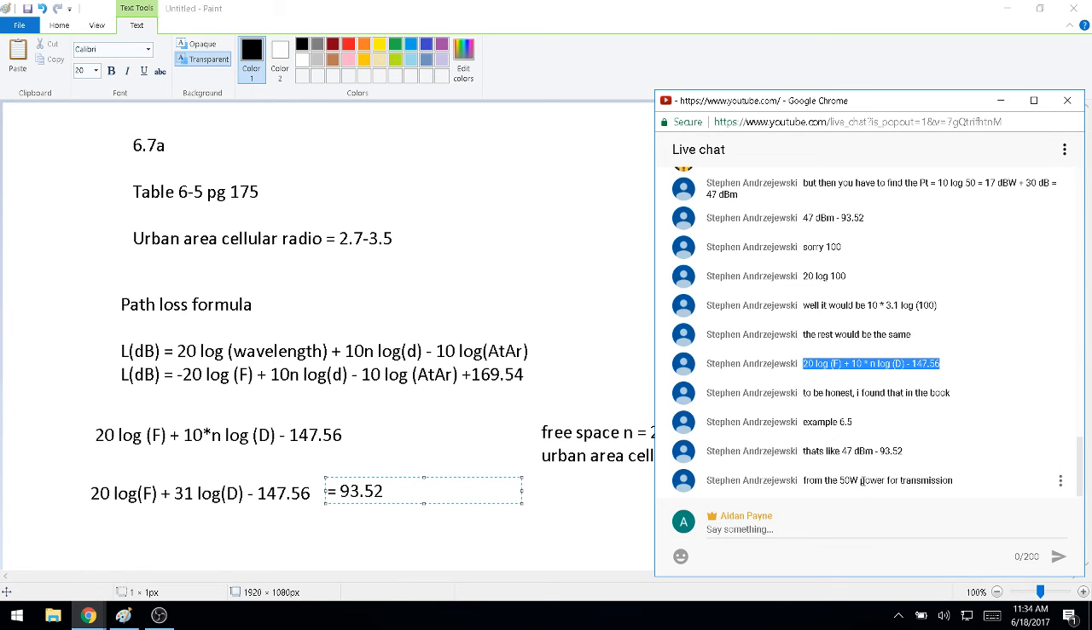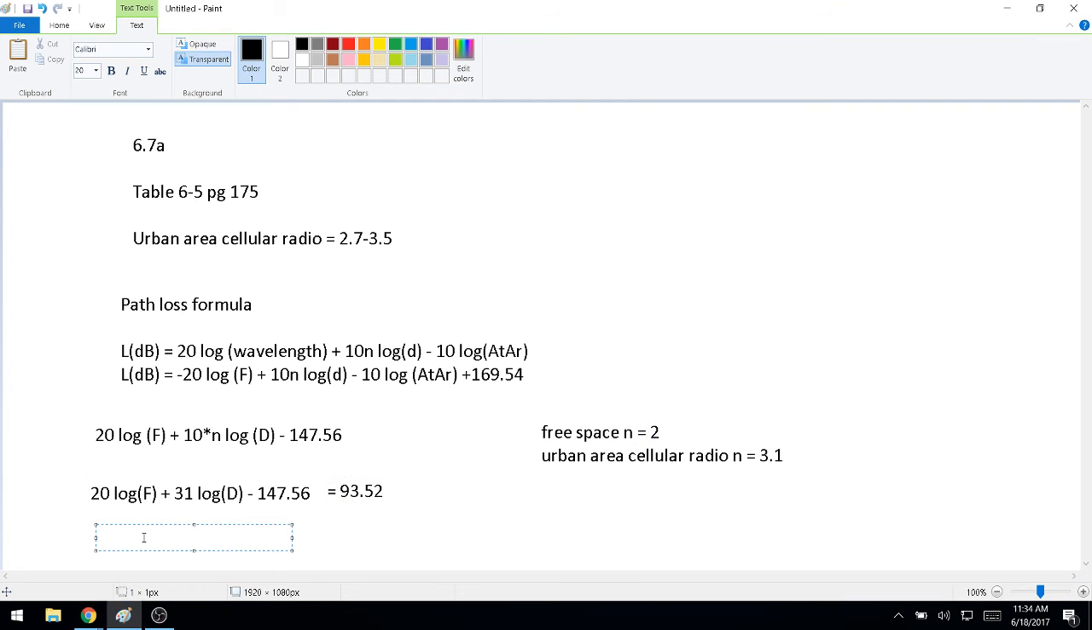Steven says from the 50 power for transmission. That's correct. So we're told that the transmitting antenna is using 50 watts of power. It's transmitting 50 watts of power. And if we convert that to dBm, or dBW, sorry, we end up with 16 and change, 16.9897